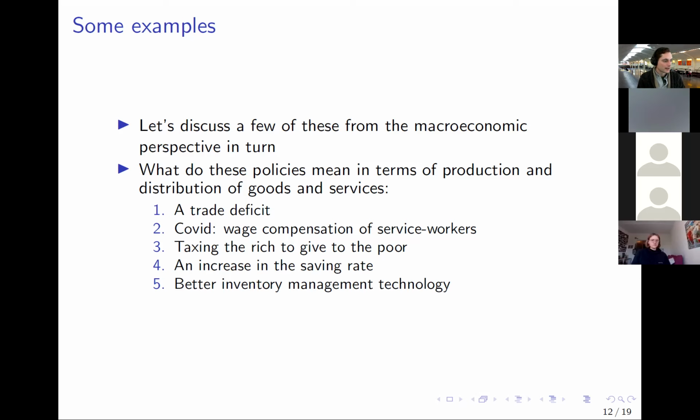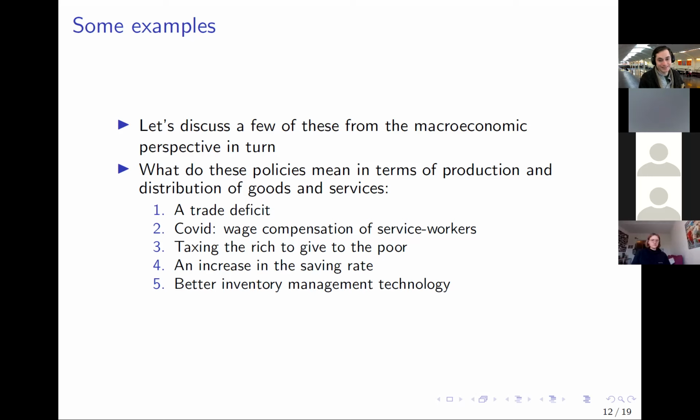All right. Second one I have here is COVID, wage compensation of service workers. I find this one really interesting. We actually already touched on it a bit. So, this isn't really a traditional economic stimulus in sort of the macro 101 sense. And the reason why is because the economy is in a lockdown. So we're not really expecting the wage compensation to restart the economy, because of regulation,